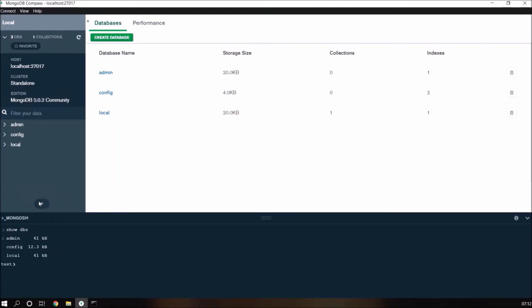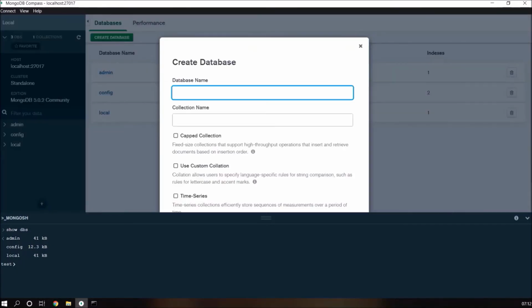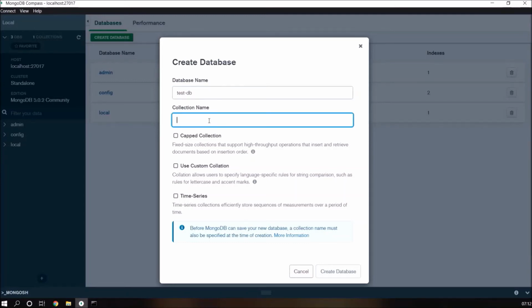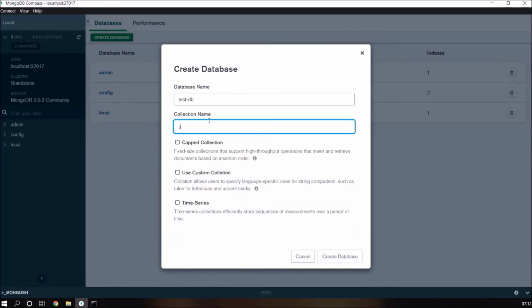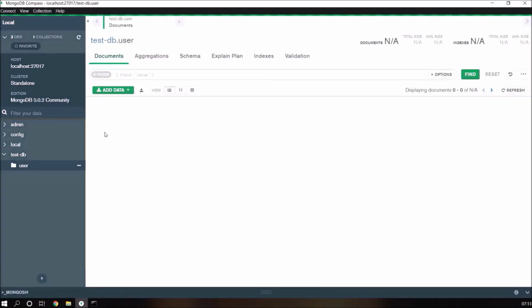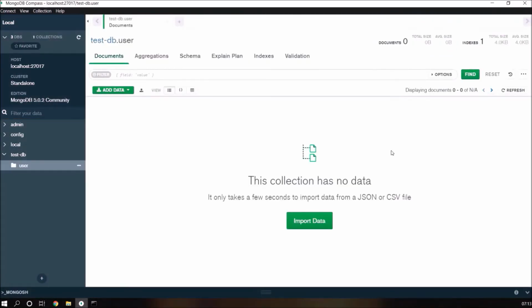See, it is working. Let's create a database using the create database button. I'm just giving the name testdb. In RDBMS, we call them tables, but in NoSQL, we call them collections. Here, just give the collection name, like user, and click on create database. Here, you can see it is showing the created collection also. Let's double click on testdb. From here, we can easily do the CRUD operations on the user collection. On click of find, nothing is showing because no data is available.